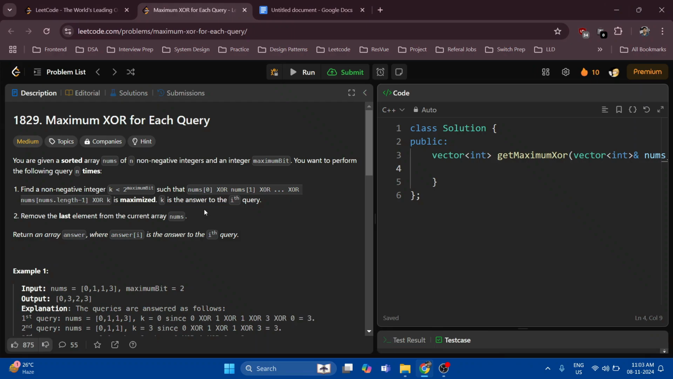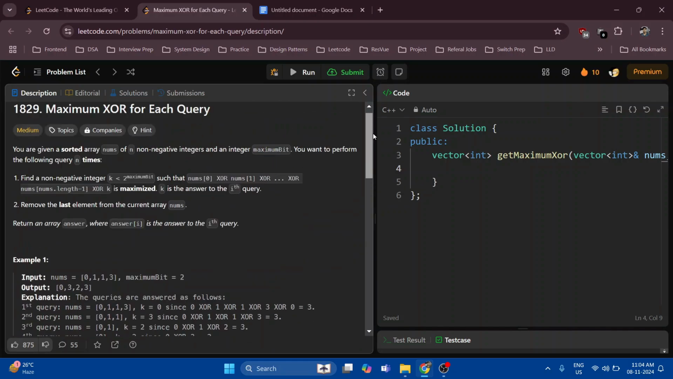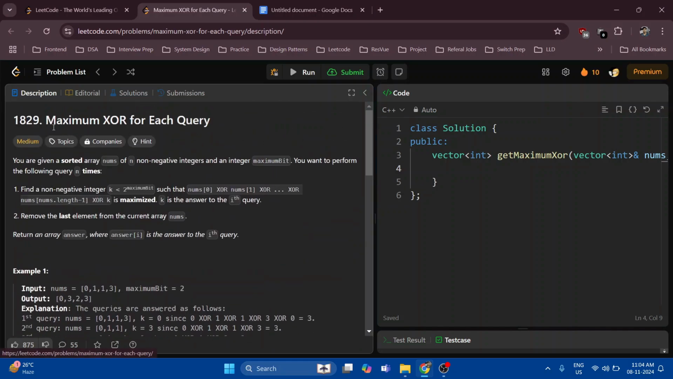Okay, so today we are solving LeetCode 1829, Maximum XOR for Each Query, and we will be solving it the way we would present the solution in an interview. I haven't solved this question before, so let's see if I'm able to solve it or not. This is Maximum XOR for Each Query, and the question is you're given a sorted array